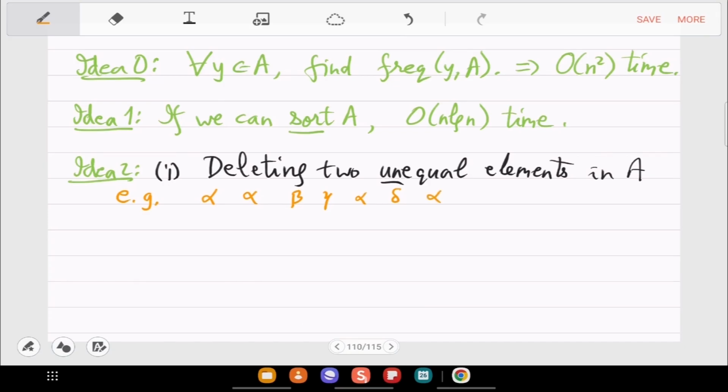So I'm thinking of them in pairs. So I have 7 elements. They are alpha, beta, gamma, delta. It can be anything. These can be structures or whatever, trees. They may not be numbers. So you can only do an equality check. You cannot do comparison.